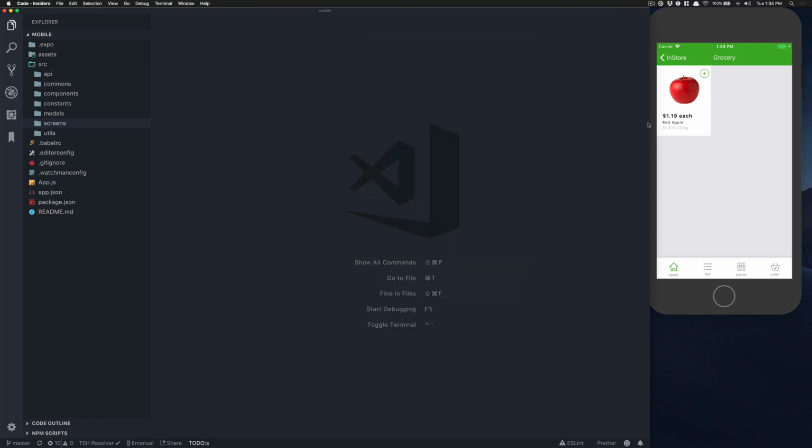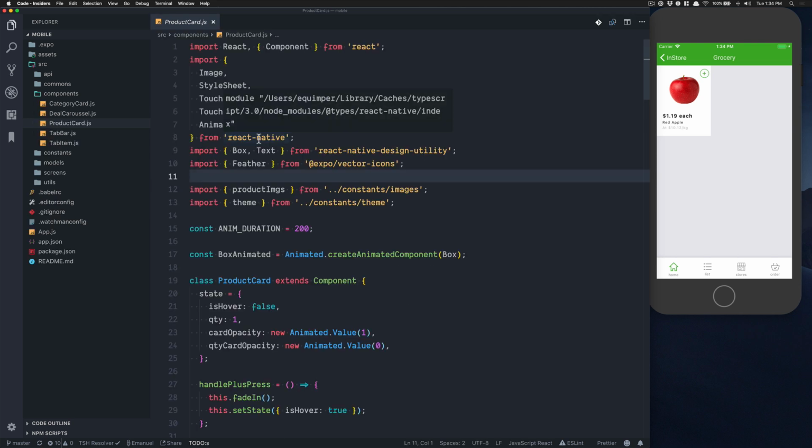But first, we're going to fix one little bug from yesterday. So you see here, when I'm at 1 and I go down, it doesn't stay at 1. So what happened is, if we go to the product card,